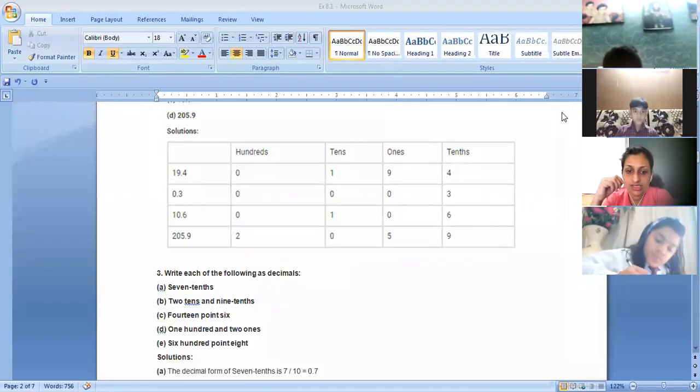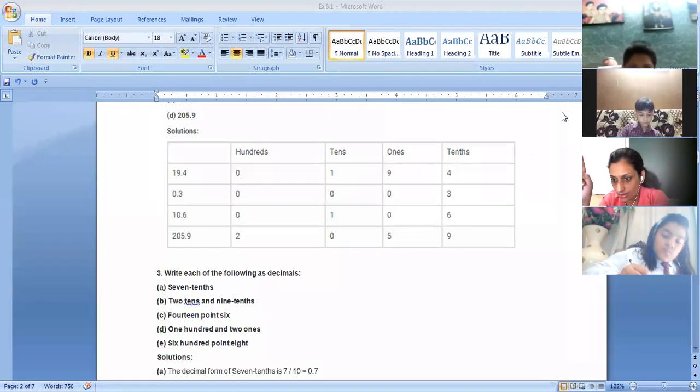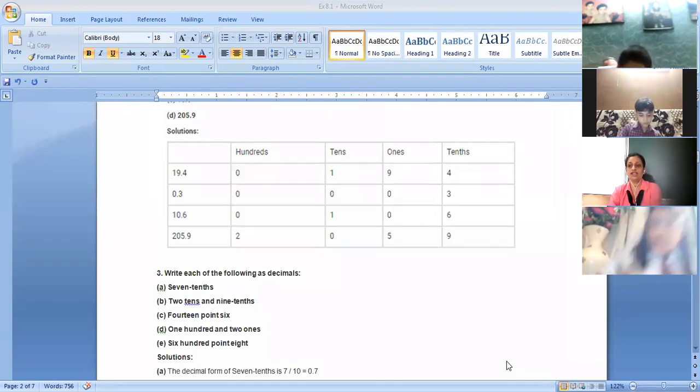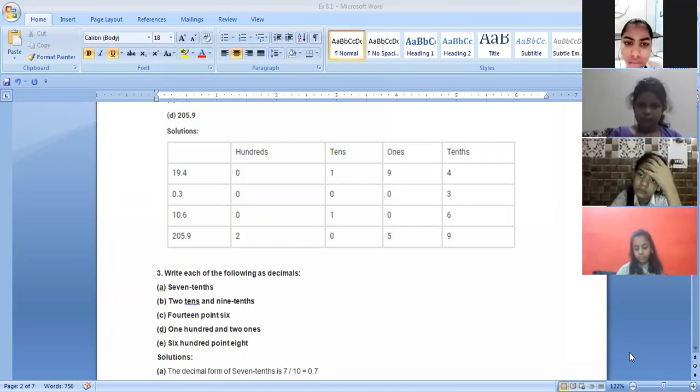Here we have to change these numbers into decimals. So 7/10, that means 7 upon 10. And when you are changing this fraction into a decimal, as you can see, in the denominator only 1 and 0 is there. If the numbers are like 10, 100, 1000, 10,000, lakh, if these are given in the denominator, you have to count the number of zeros in the denominator, and you put the decimal after those many digits. As you can see, 7 upon 10.